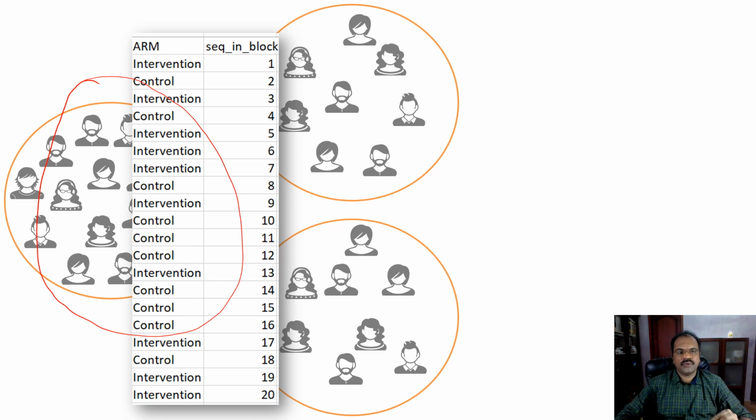For example, in this one you can see that the first patient goes to the intervention group, second to the control group, third to the intervention, fourth to the control, then 5, 6, 7 and to the intervention, like that. So from this kind of table, it is completely random that you are allotting the members of the sample to the two groups. Whichever way, the chances of your sample ending up in either of these two groups should be equal.